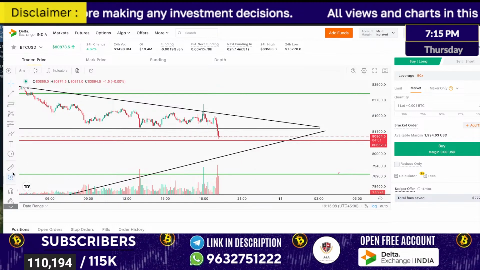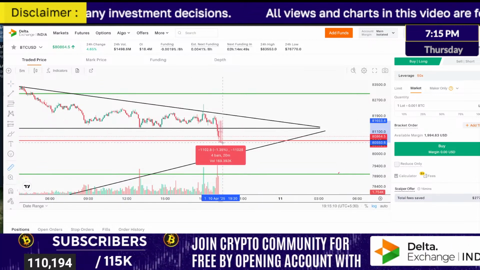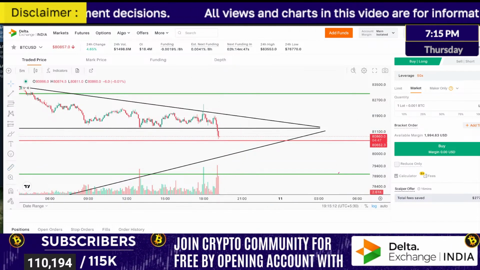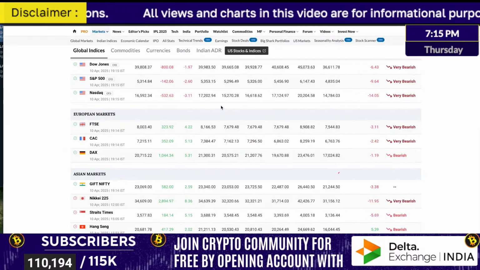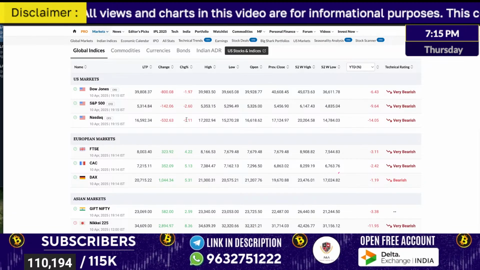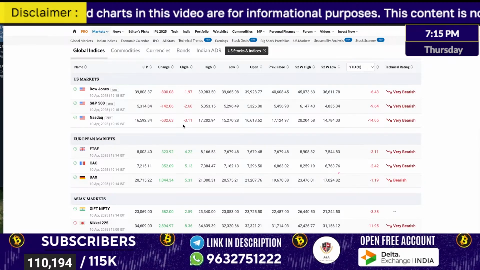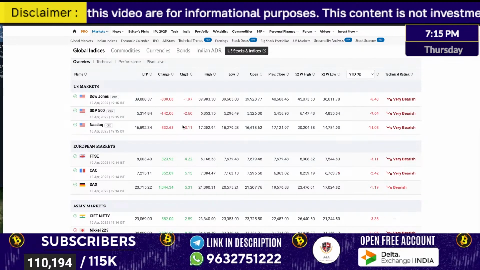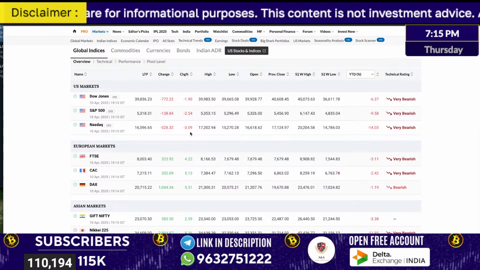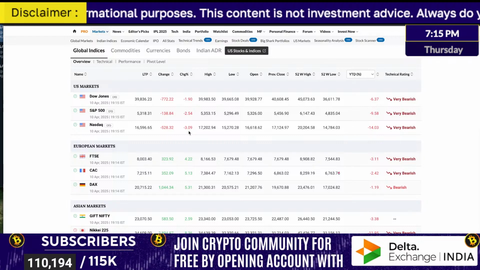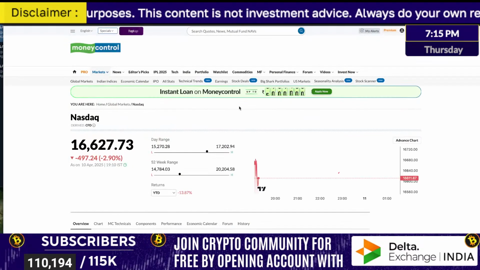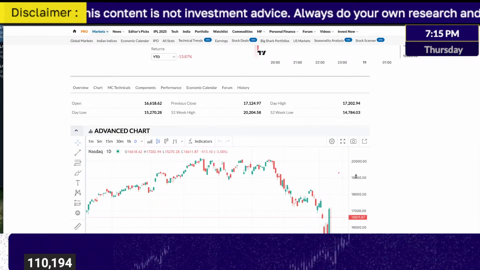Correction, continuous correction. Market has, from the time it opened, given a nice movement, no doubt. If I'm not getting the confidence to enter a bearish trade, what do I do? I need to wait a little more time. S&P 500, Nasdaq, everything is low. Let it give a breakdown or something like that.